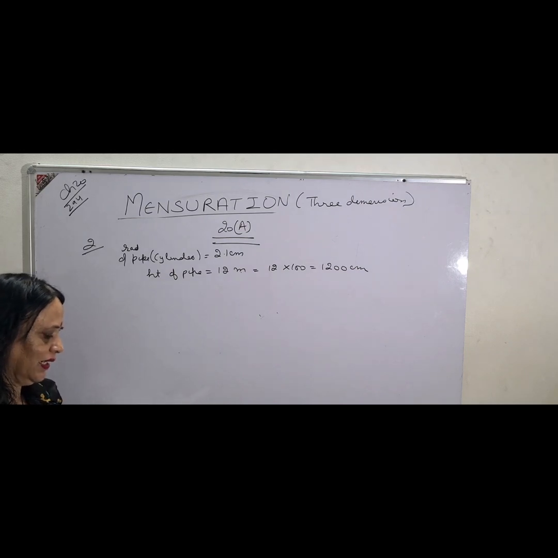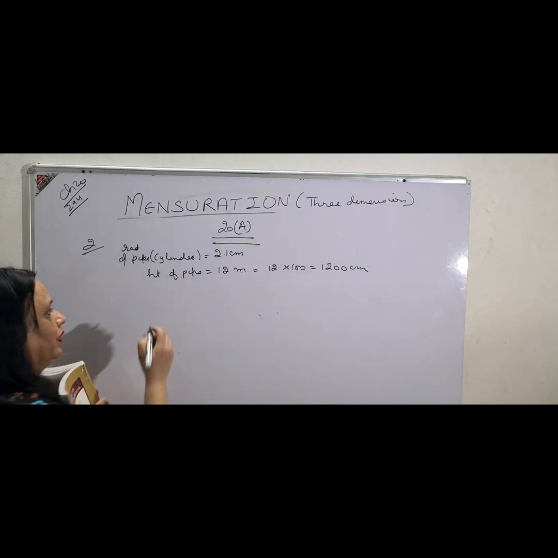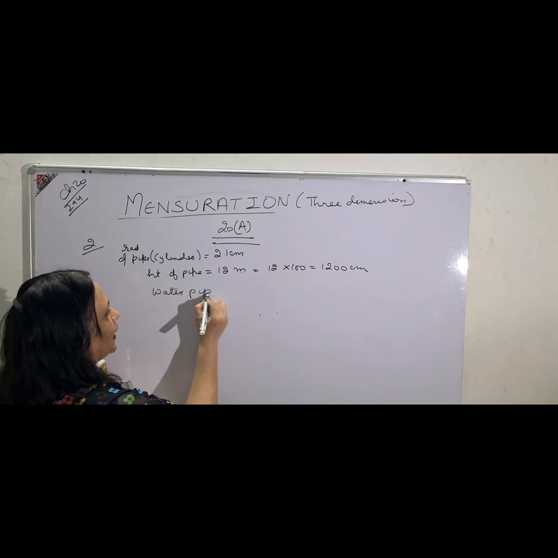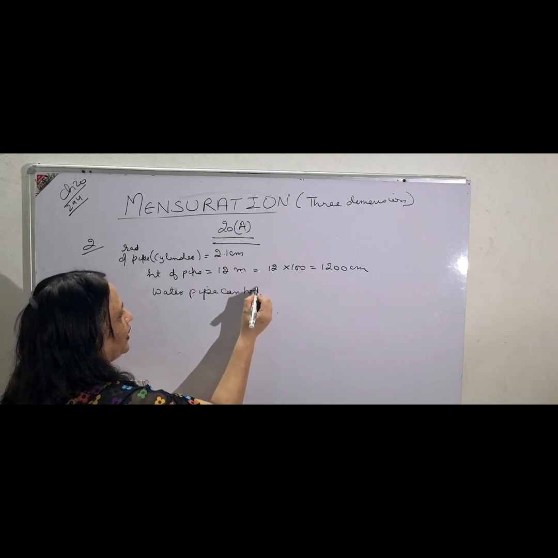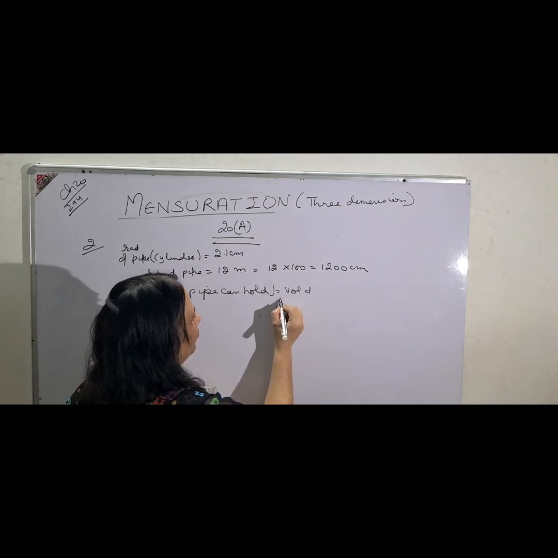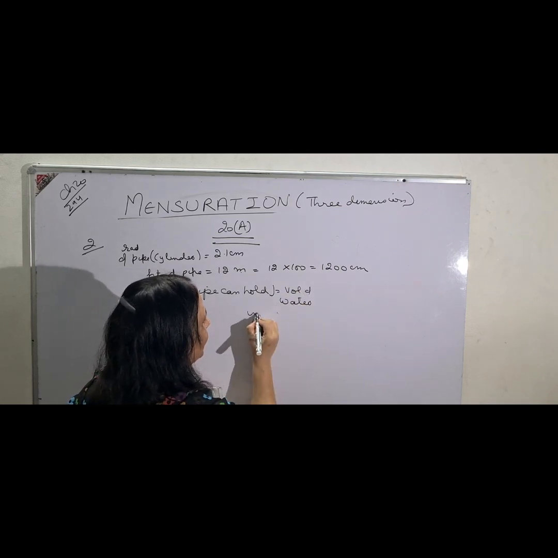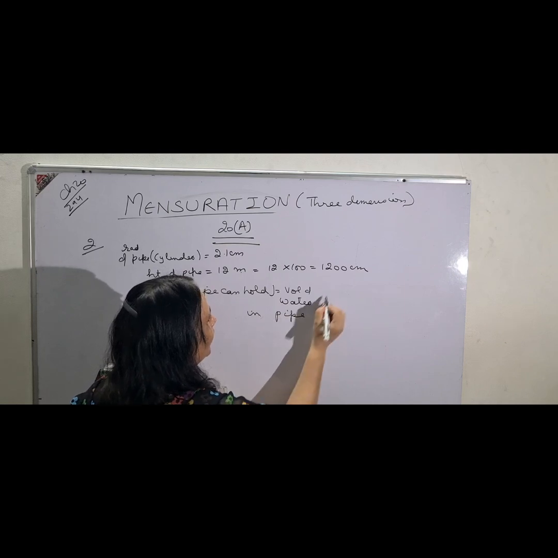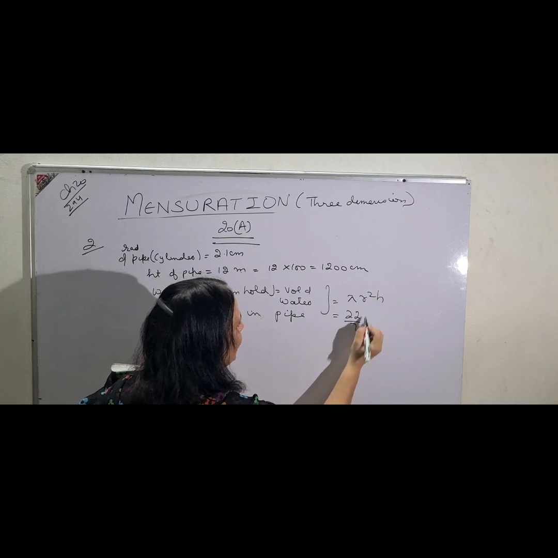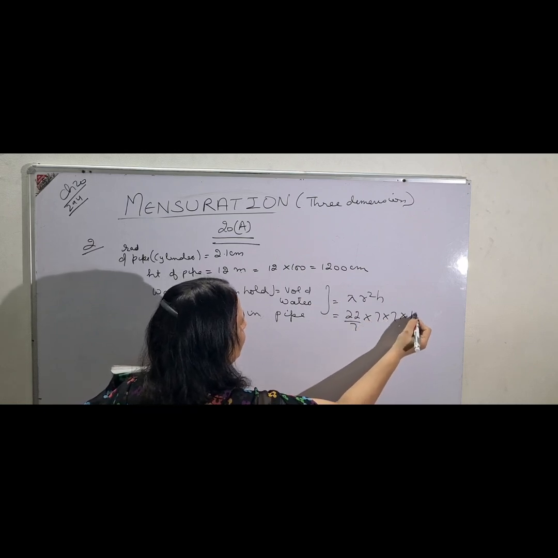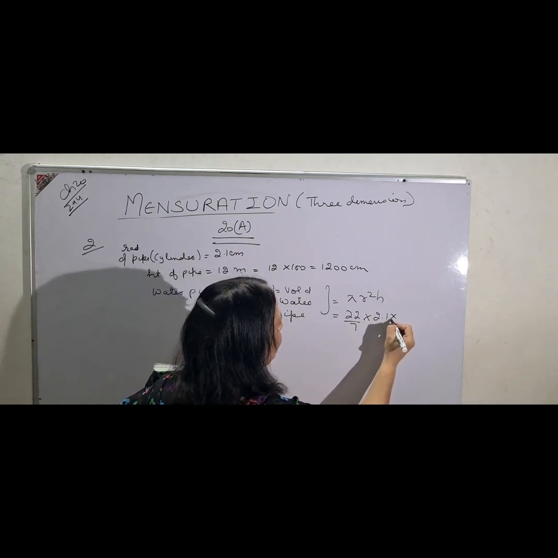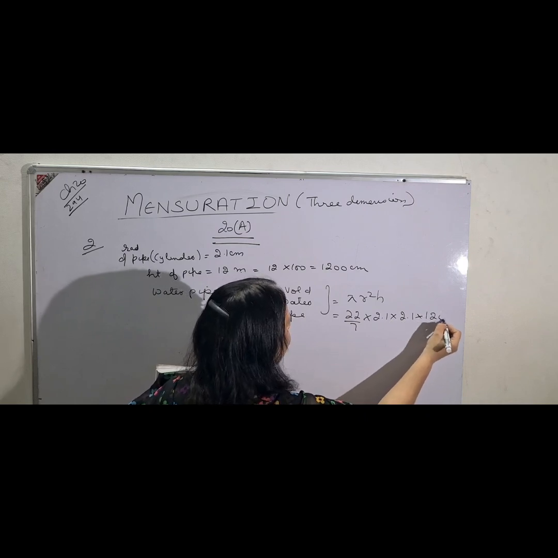So it has asked how much water this pipe can hold? Means you will write here water pipe can hold. But indirectly it means that you have to find the volume of the water in the pipe. Can hold means volume of water in pipe. See how I am writing, and this is the way you are going to give in the paper. Pi r square h means 22 upon 7 into, sorry, the radius has been given to be 2.1. So 2.1 into 2.1 into 1200.